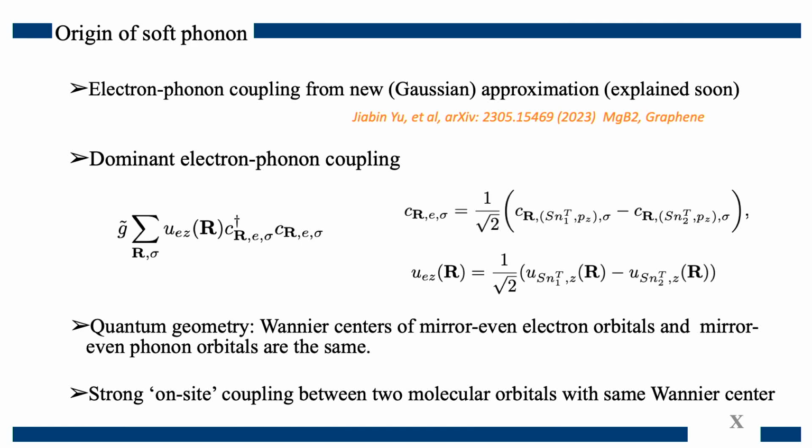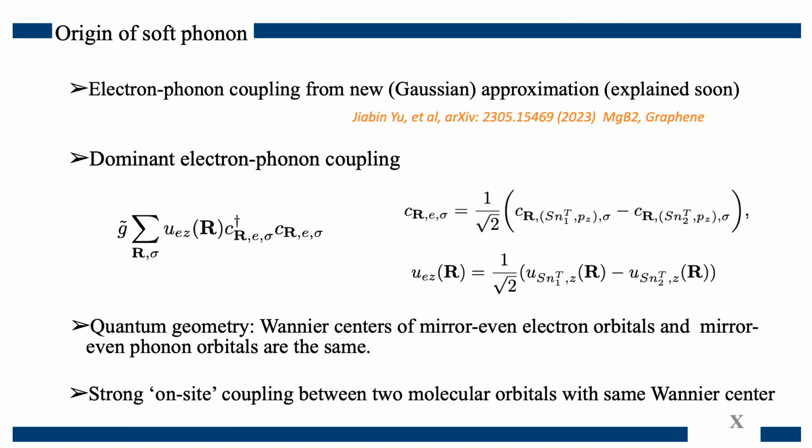That's not always true. It depends if you're an optical phonon or an acoustic phonon, so it's got variations. But roughly it makes sense that if you take an electron that has some Wannier center and then you look at all the phonons with which it interacts and you ask which one is going to interact the strongest, it's going to be the one with the same Wannier center. Okay? So if you do this, you get